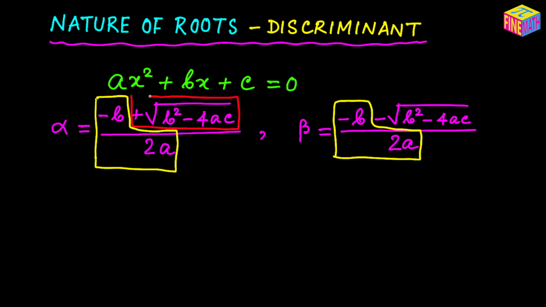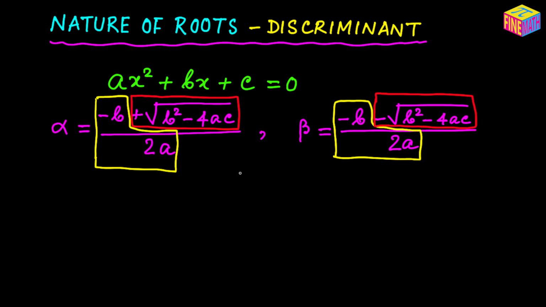This is the part of the value that is going to make any difference in their values. Otherwise, their values would be identical. So if that red box, the square root portion, disappears, then alpha and beta will have the same value, they will have identical values, right? So whatever is within that square root is the actual differentiating factor when it comes to the values of